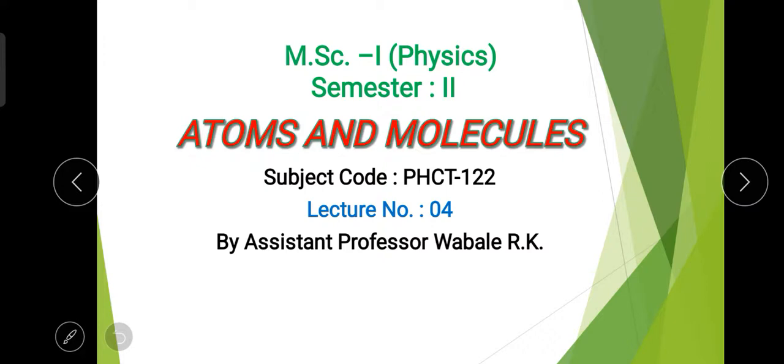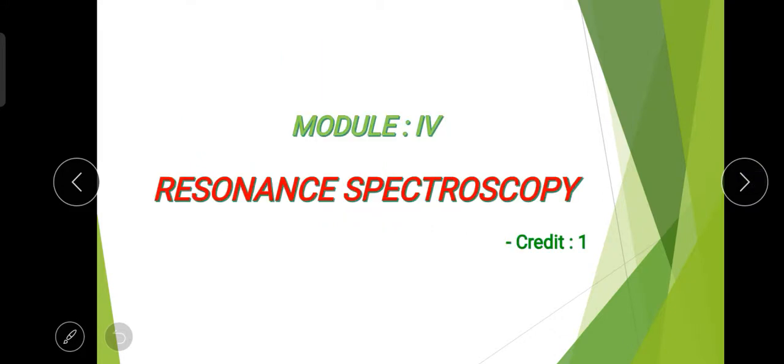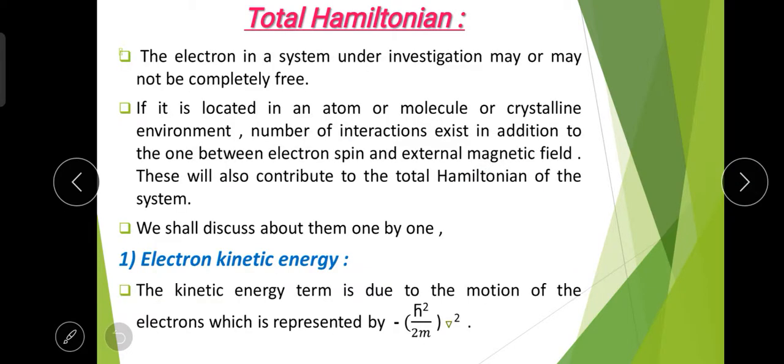That means in the presence of an external field we get only one peak, but if we consider the field, that is a localized field produced by the proton which is present in the nucleus, and this field is experienced by the electron, and due to this localized field we get the hyperfine structure. So all those things we have covered in our previous video. Now in this video we have to discuss the Hamiltonian of the ESR spectra. So let's start with the Hamiltonian of the ESR spectra, that is the total Hamiltonian.